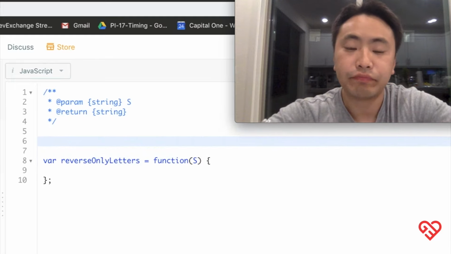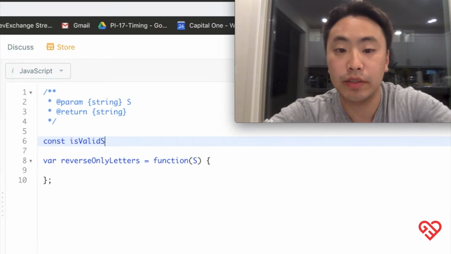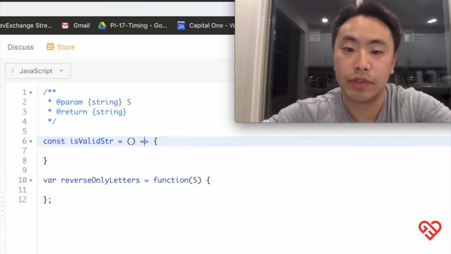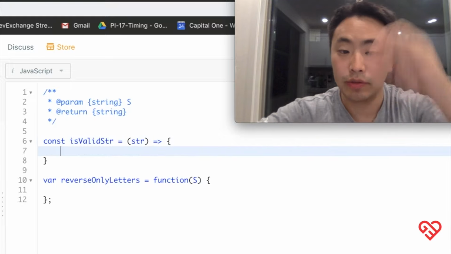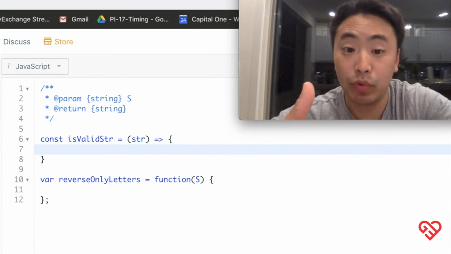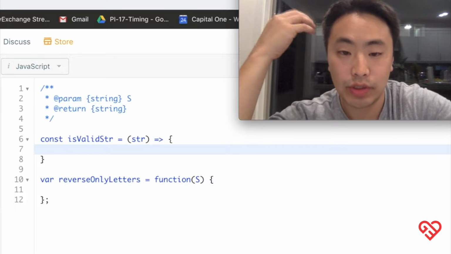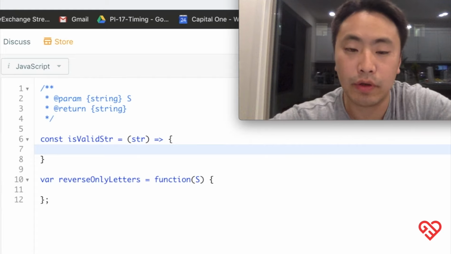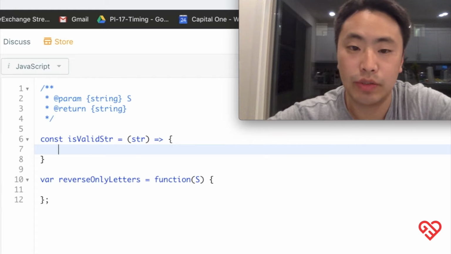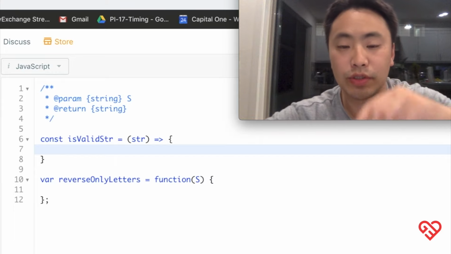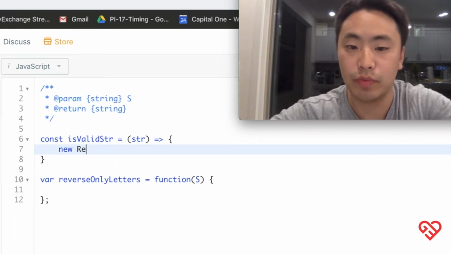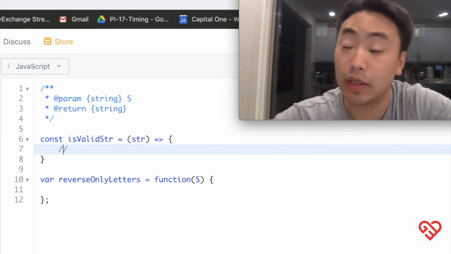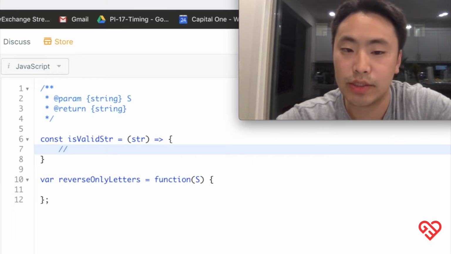Let's call it const isValidString, for example. And I'm just doing an anonymous function here, and let's pass in a string, and here we're going to write a simple regex. Now, regex is kind of tricky to write if you're not really familiar with it. I myself have to look it up quite frequently for complex regex, but generally there's two ways to do it in JavaScript. One, you could do new RegExp, which is like making a class. The other shorthand way to do it is signaling with these two slashes saying that this is a regex,